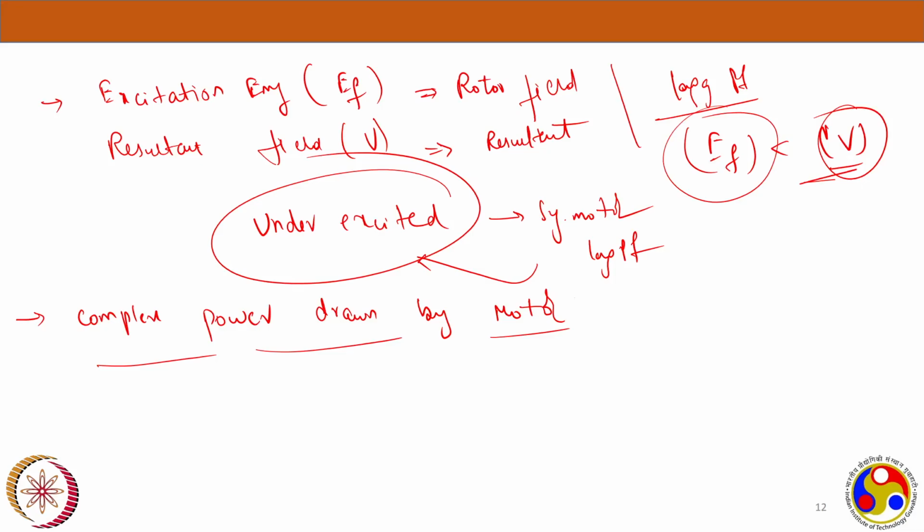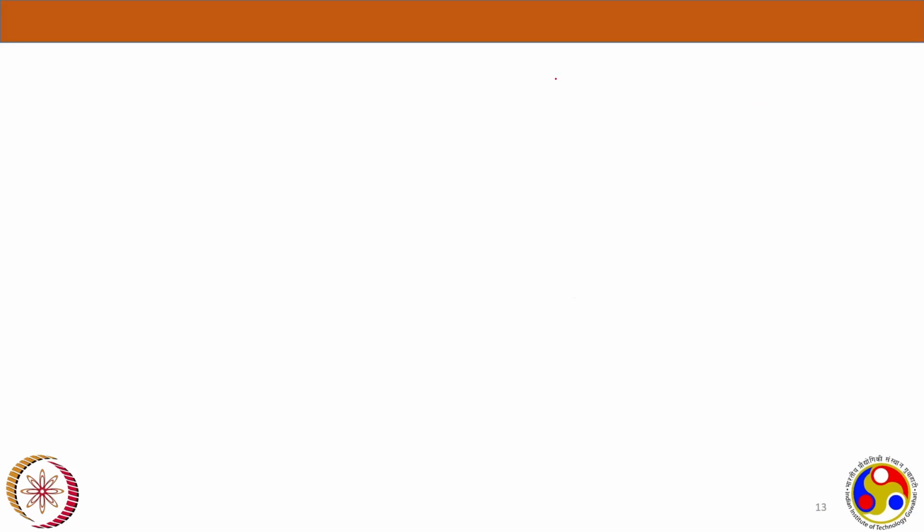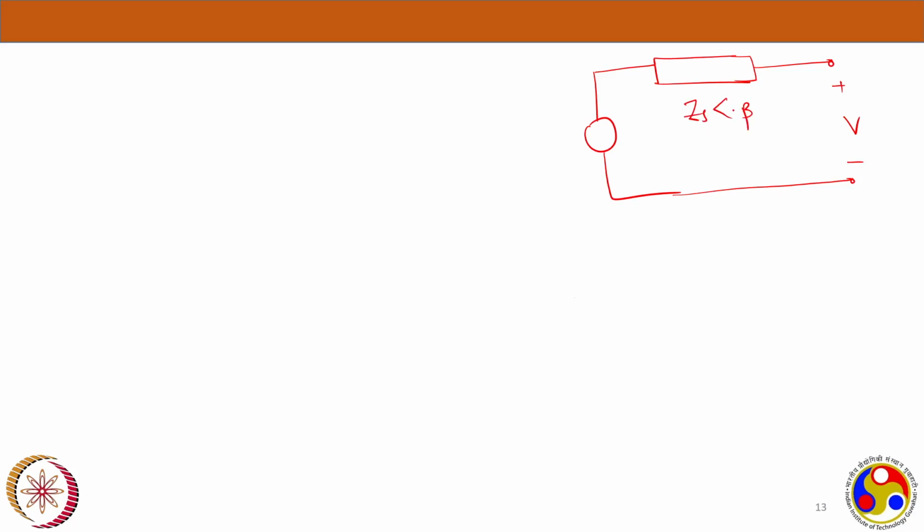From there we will see how much your motor is drawing. Now let me draw on a fresh sheet. So this is your excitation, and then you will have your series impedance. Here we have the voltage V at a certain angle, beta. Beta I'm taking as an impedance angle,